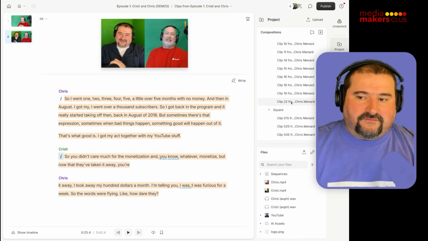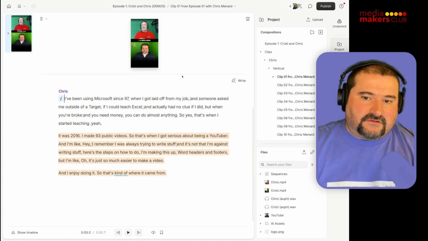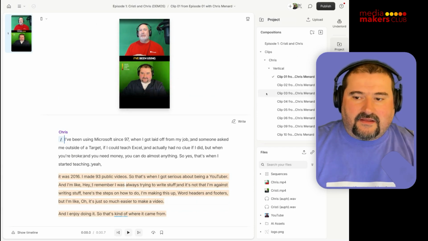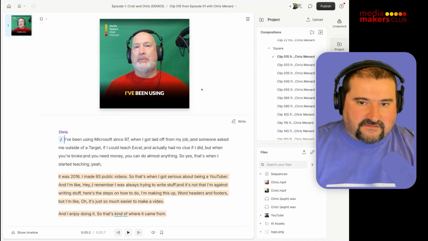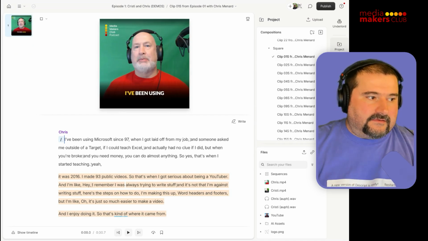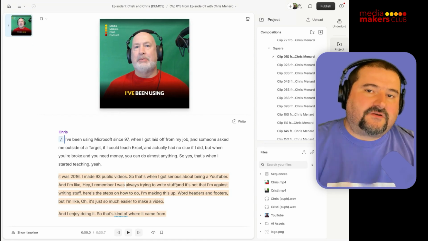And I've created a vertical version of it, like here. There's a vertical one with a different layout, vertical top to bottom. And then I created a square version for Twitter or X because they seem to like the square aspect ratio better. And then you want to create a description for these.